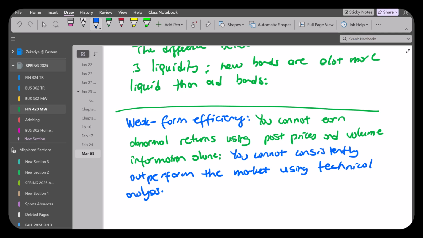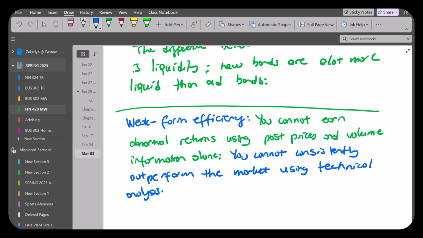In the past, and based on that, create buy-sell signals. Some people claim that they can make a lot of money using that. Maybe for a short period of time they could. The trouble with that argument is you are not the only smart person out there. Okay, if you could see a pattern and exploit that pattern and make money, what's to stop other people exploiting the same pattern?